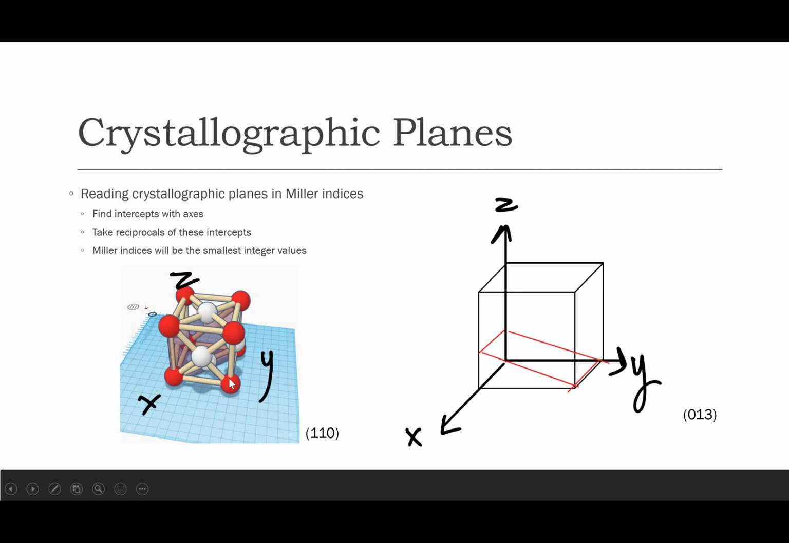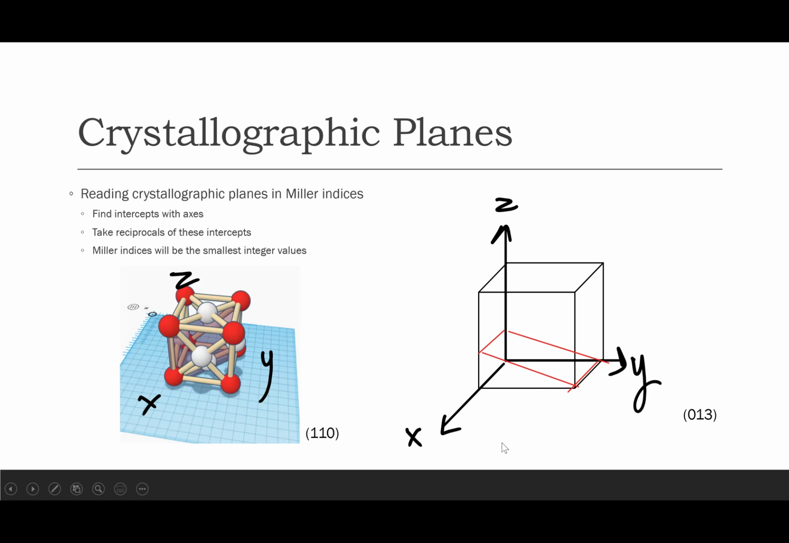So when we take the reciprocal of these, it will be 1 for x, 1 for y, and 0 for z. So its Miller indices are 1, 1, 0. It's the same process for the example on the right that I drew by hand, so I'm sorry about that. But